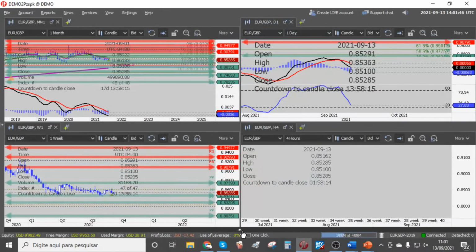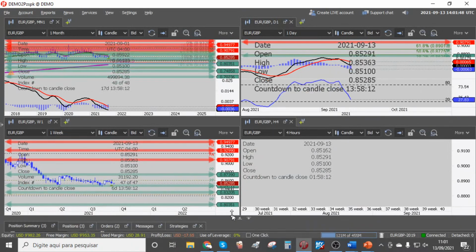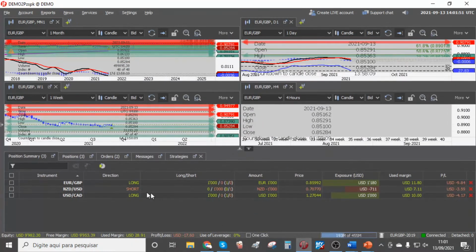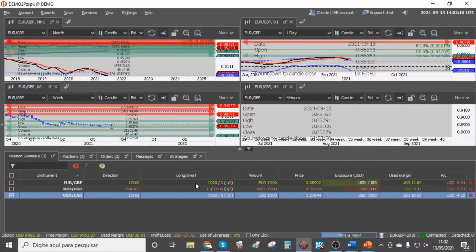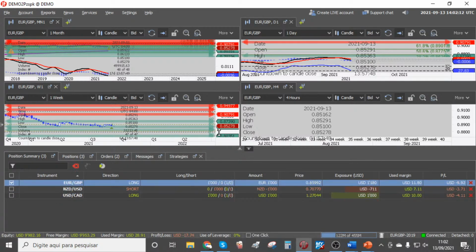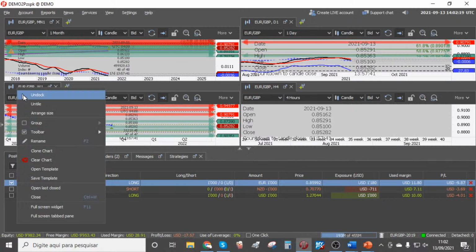That being said, let's check our positions. How are we doing from last week? Euro GBP, we entered long, we are still not in profit, we are in the red. NZD-USD, we entered short, we are still not in profit. USD CAD, we entered long, we are still not in profit. So we are going to check those three, everybody. In the meantime, type in the chat a currency pair and a time frame that you want to share. Okay, so let's start with Euro GBP.